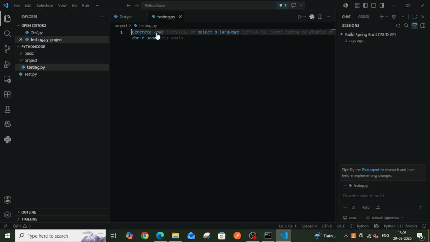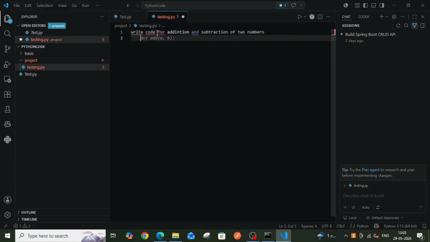And if you want to generate the code, you can give the command: write a code for addition and subtraction of two numbers. So if you can give this command,